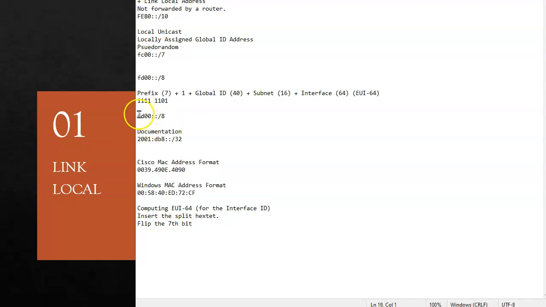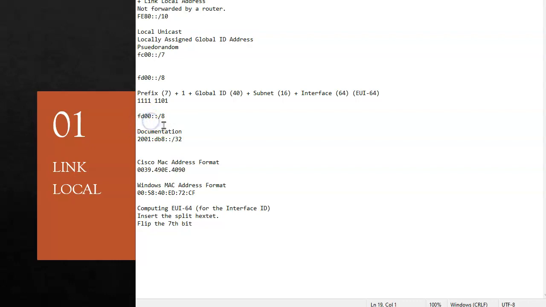And so I'm using this prefix. Now, notice how that FC00/7 became FD00/8. My specification said on my 8th bit I need to make it a 1, right? And so that's exactly how that turned over.